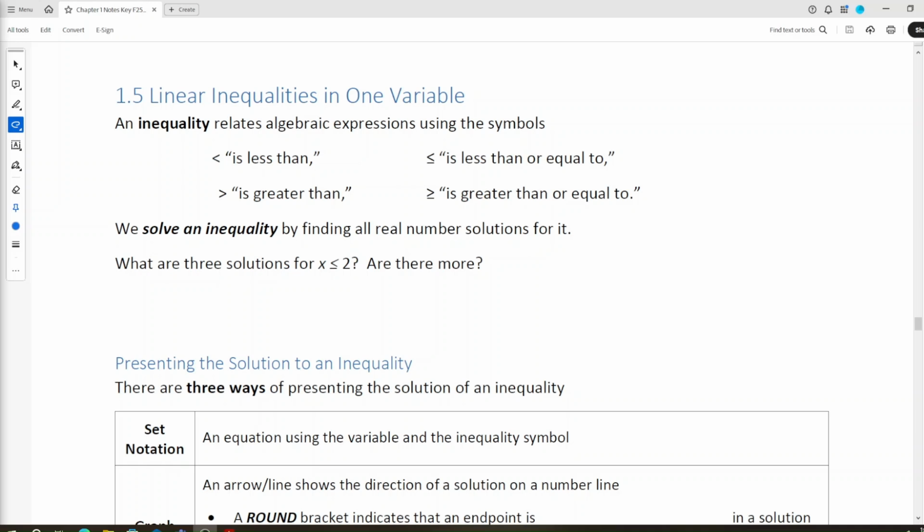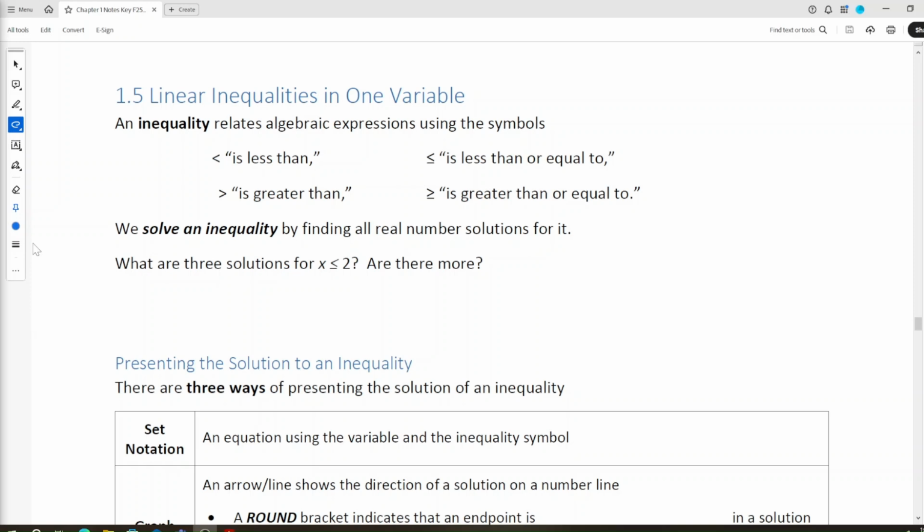What we're going to do next is 1.5, 1.6, and 1.7. 1.5 is going to be linear inequalities in one variable. 1.6 is going to use some of this concept of inequalities in a totally different way. And then 1.7 is its own little microcosm. So it's a long chapter. Bear with me. The skills are the same, which is why they are together, but it's going to feel a